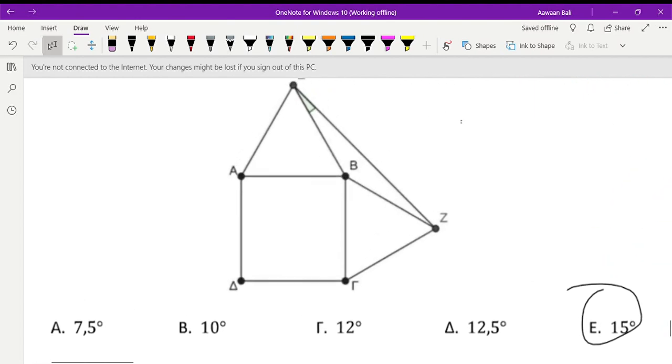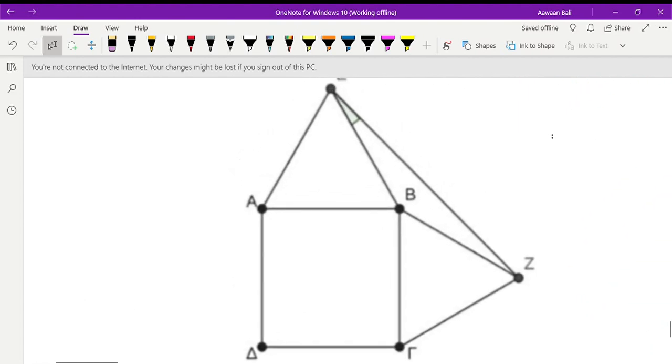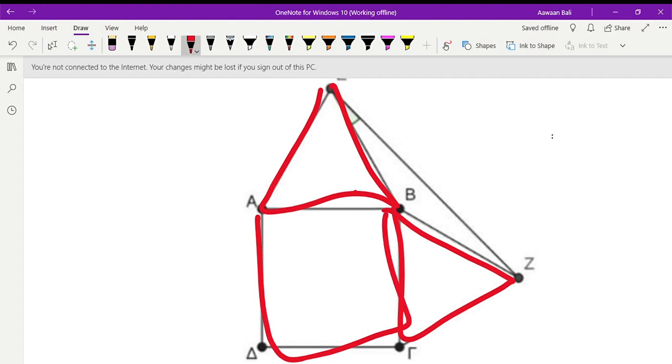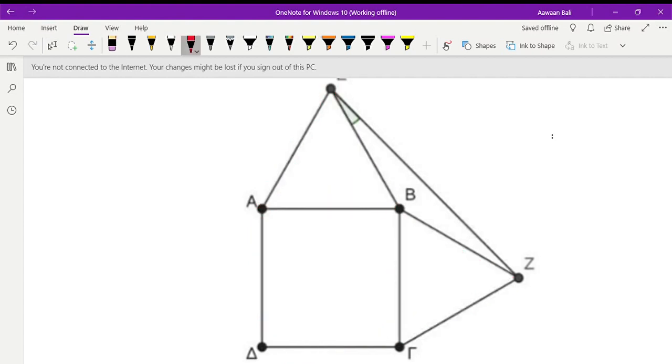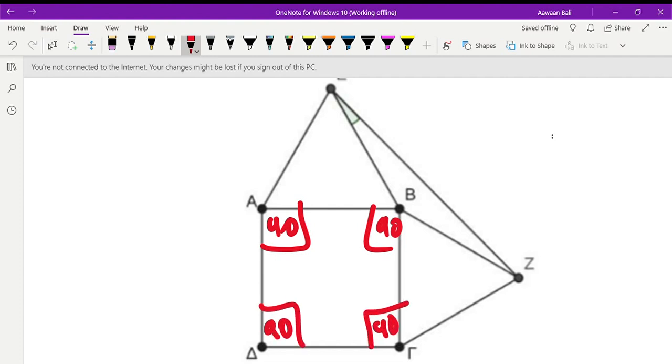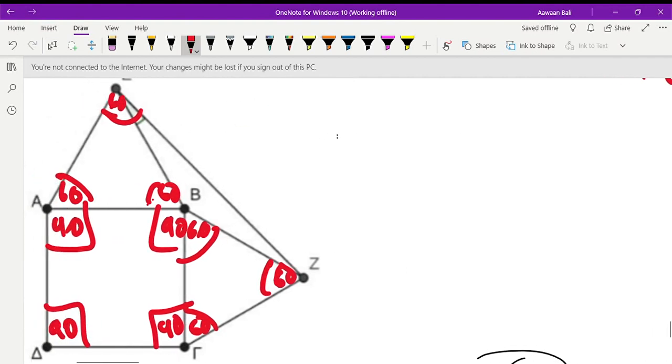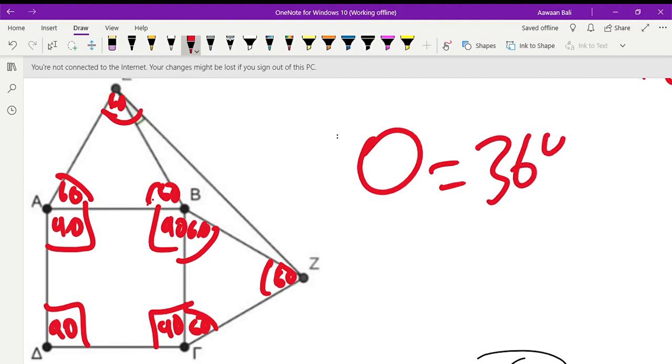This is easy, and we've also done this question before, so I'll go quick. Since these are equilateral triangles, and this is a square, we already know the angles. For every square, it's 90 degrees. All of them are 90 degrees, right angles. Then 90 times 4 is 360. For equilateral triangles, all the angles are equal, all the sides are equal, which means it's 60 degrees for each of them. And now, since we know a full circle is 360 degrees,